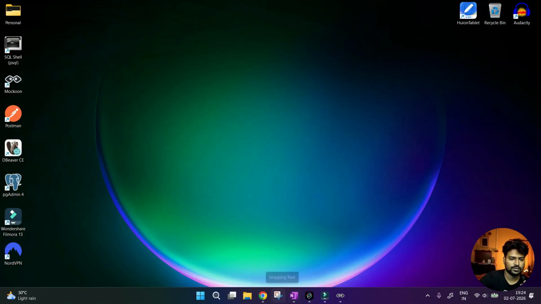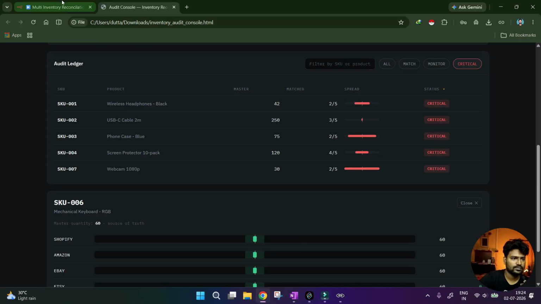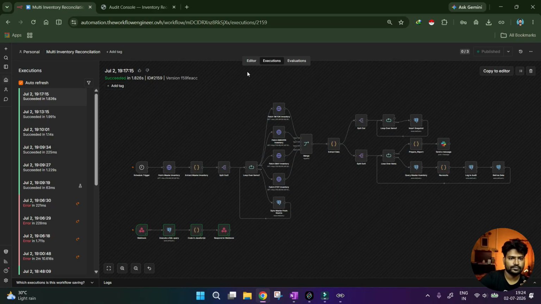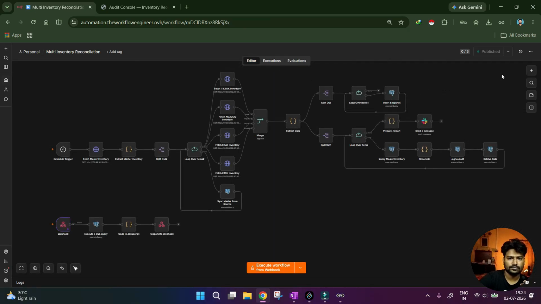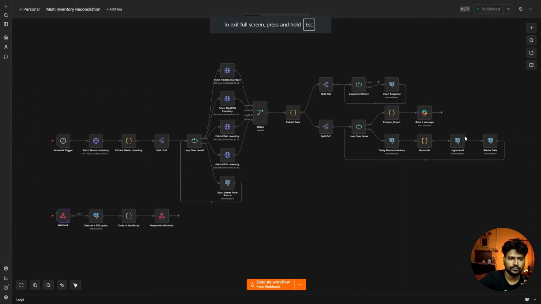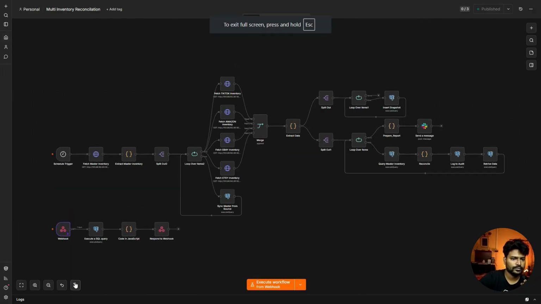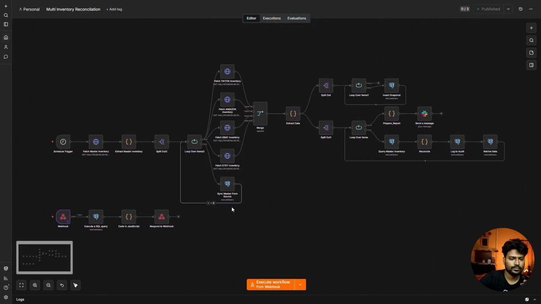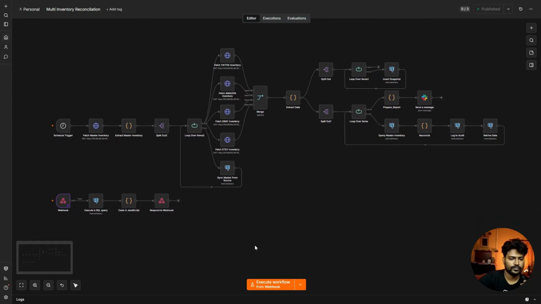Let me just open my n8n instance. Okay, so here it is. Let's get back to the editor. Okay, so the first node,